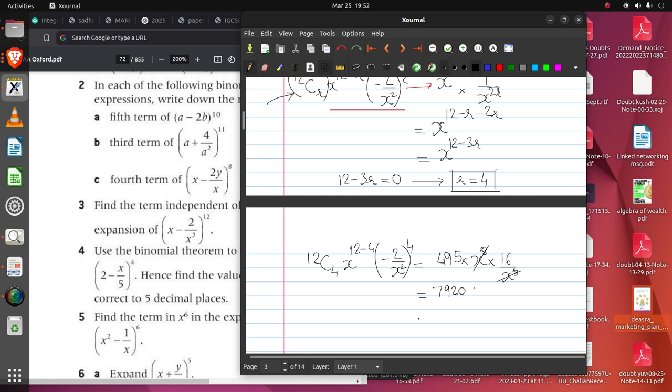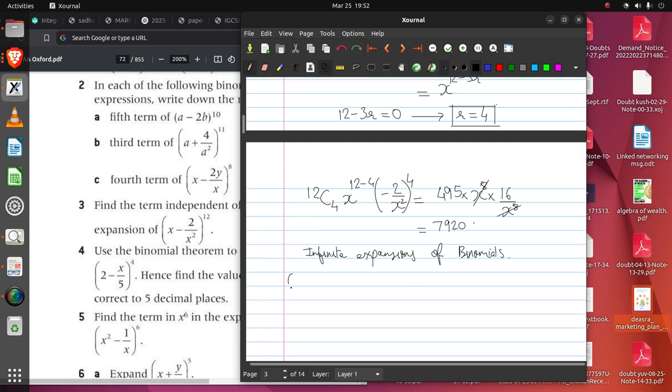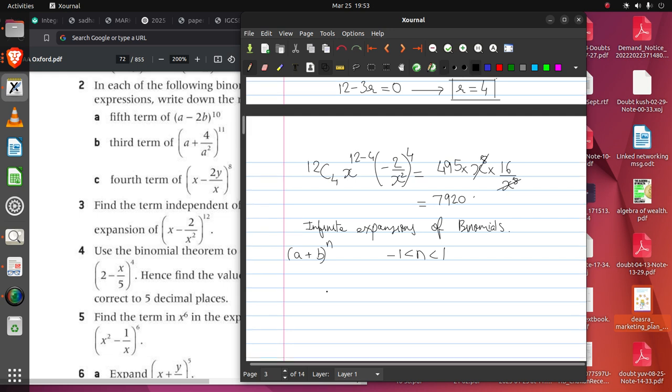Okay, but in mathematics you also have infinite expansions of binomial. What are they? Sometimes what happens is that your binomial has a power which is between minus 1 and 1. In that case, what do I do? If you have a binomial like this and the power here is between these two, then the formula is